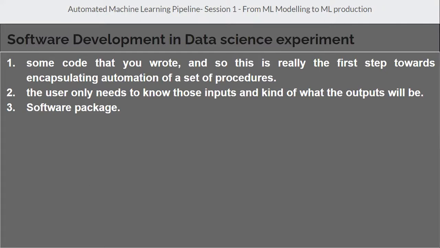The second level is that you are building a kind of procedure or method or functionality, and this functionality can be used in other projects also. So it will be automating, let's say, one task, maybe one task of our pipeline. The third level is building the software backend.